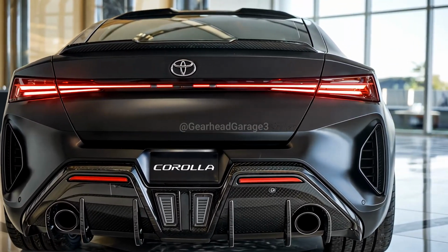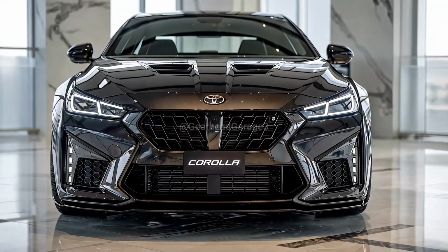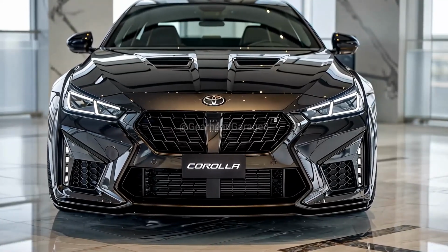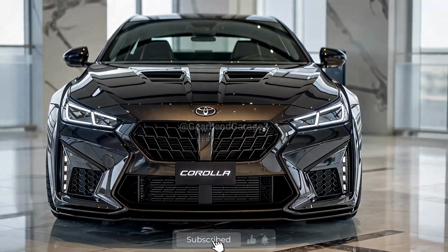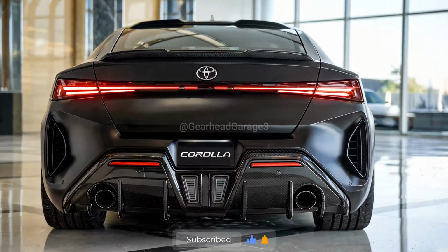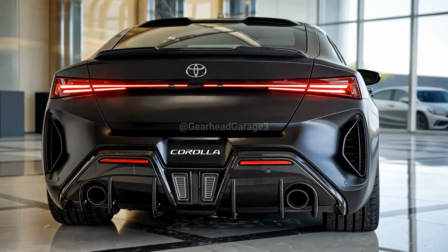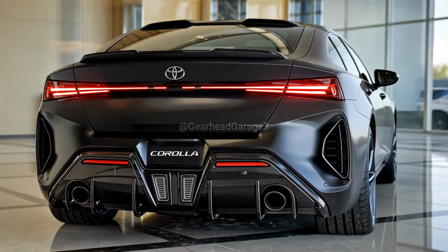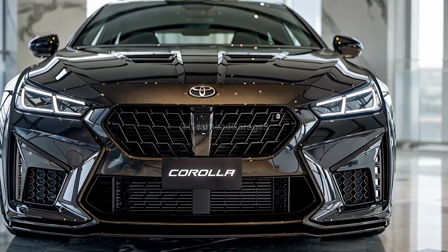Under the hood, the Corolla remains consistent with a 169 horsepower, 2.0-liter four-cylinder engine paired with a smooth, continuously variable transmission. For those focused on fuel economy, the hybrid version is a game-changer, offering an impressive 53 mpg in the city and 46 mpg on the highway. Plus, the hybrid model comes with optional all-wheel drive, making it a solid choice for tackling tough weather or varying